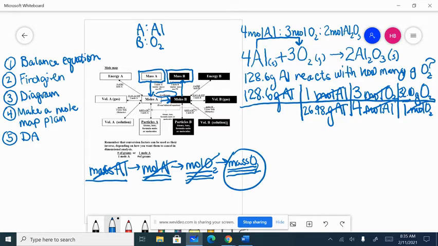Now, in my calculator, I'm going to multiply across the top and then divide by the bottom. So I take 128.6 times 3 times 32.00. I'm going to divide that by 26.98 times 4. And I get an answer of